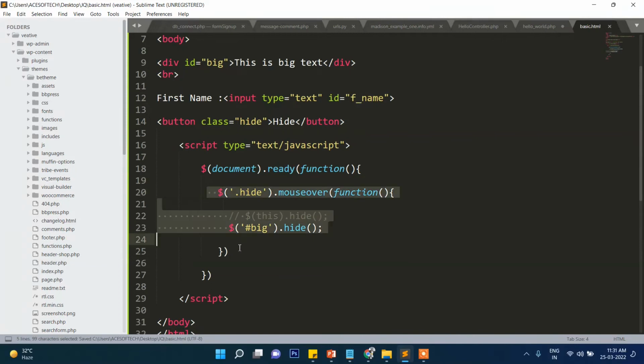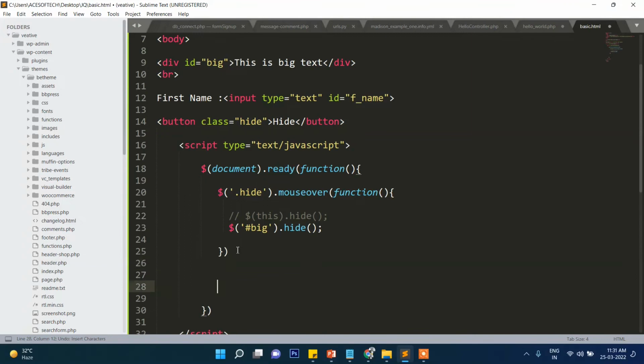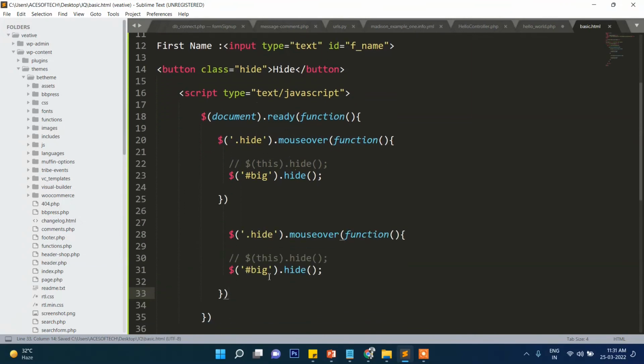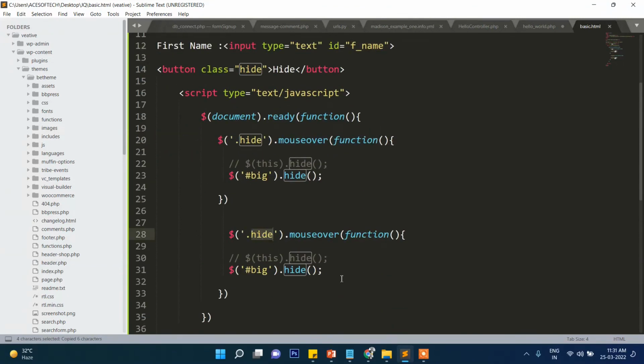Let's copy this one and paste it below. What is this? This is an id, right? Which id? First name. That means this will be the action. So we will write key up here. That means when we press a key, or key press, we can write key press here. Then there should be an alert message. Say alert